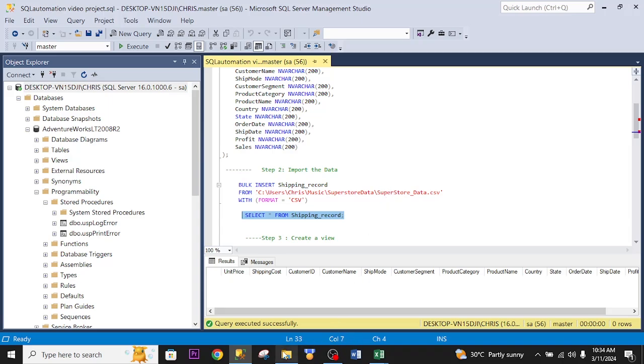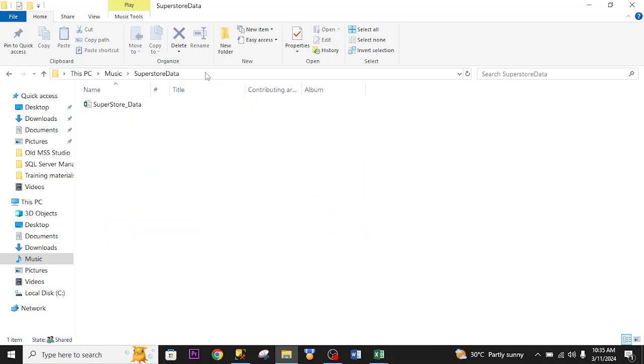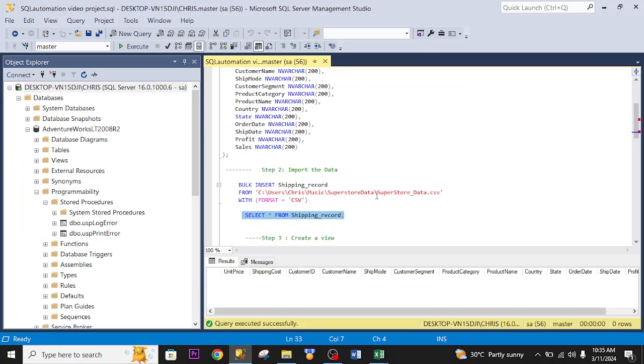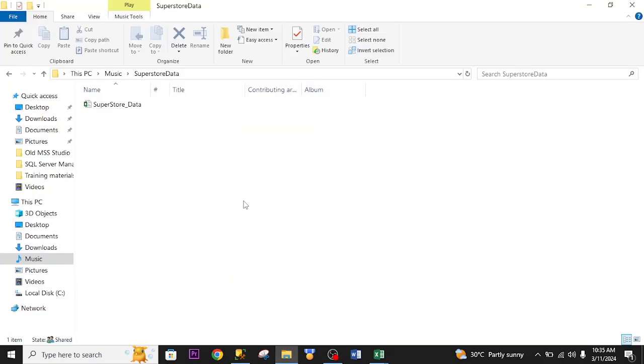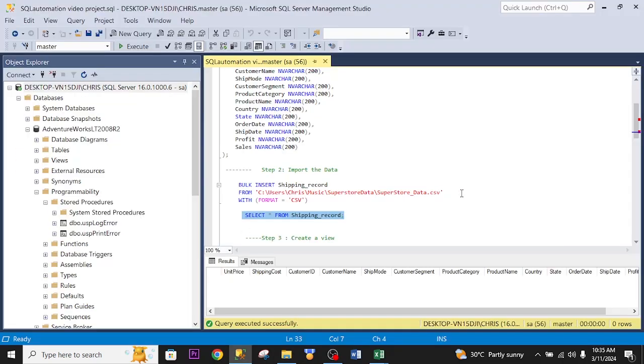If I come over here and click this, as you can see, this is the path. I copy it and paste it here, then slash the name of my data. I put it here. This is the name of the data .csv with format CSV. So if I run this,